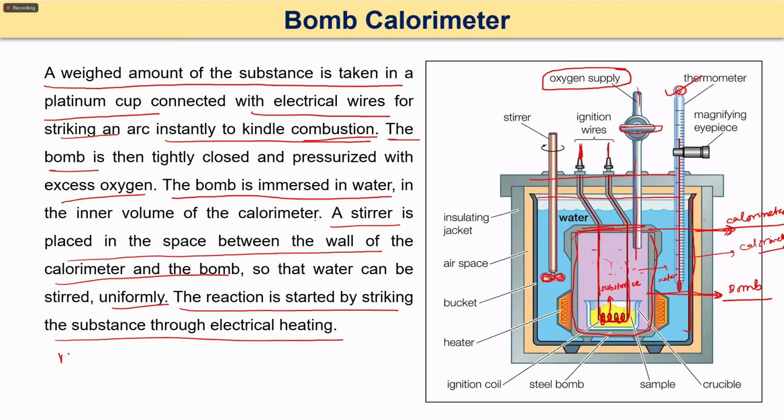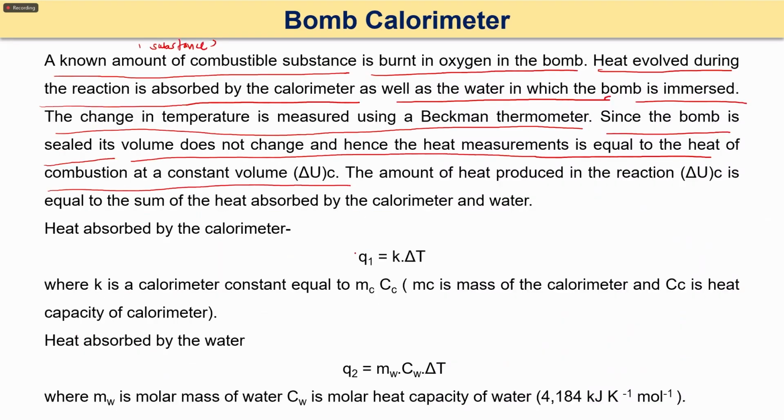The volume is not changing, that means it remains constant. If this is the case, then your work done, which is minus P dV, will be 0 because your dV is 0. So the heat measurement will be equal to the heat of combustion at constant volume,